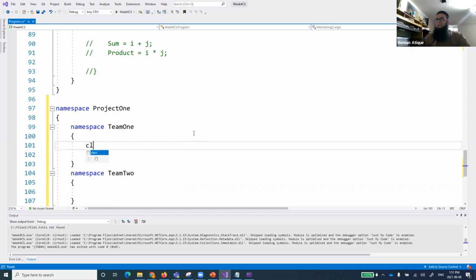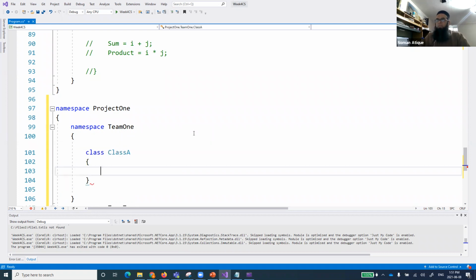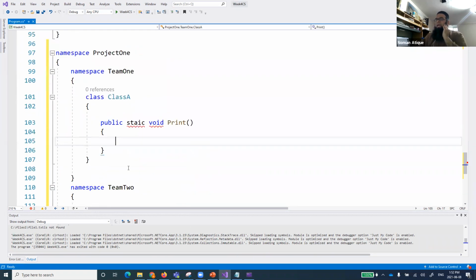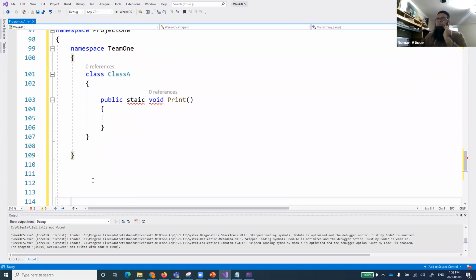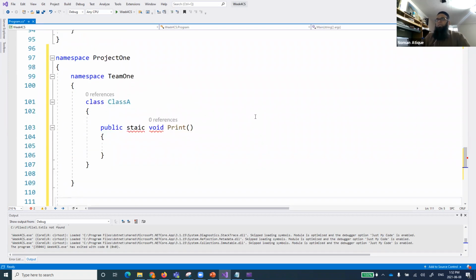Now come inside this namespace, and say it has a class, for example, class A. I want to create this class A for myself, and in this class A, I'm defining a method. You remember we have talked about methods and print. Now, let's talk about this hierarchy. We are defining a namespace with the name Project 1.